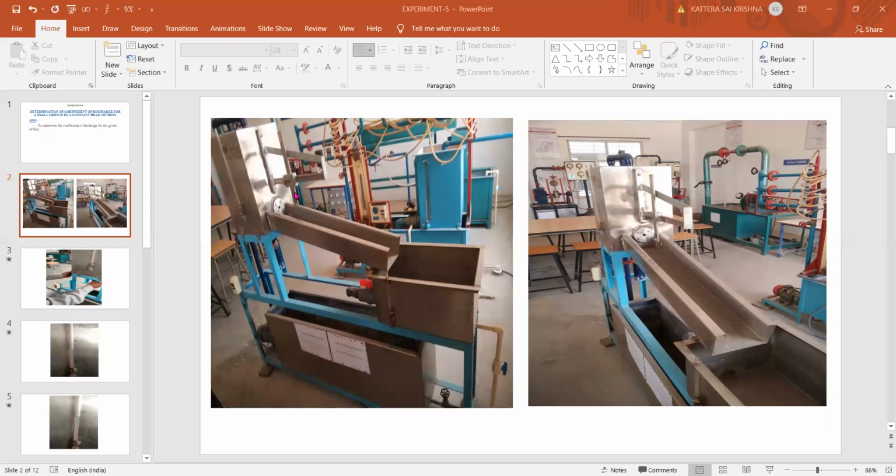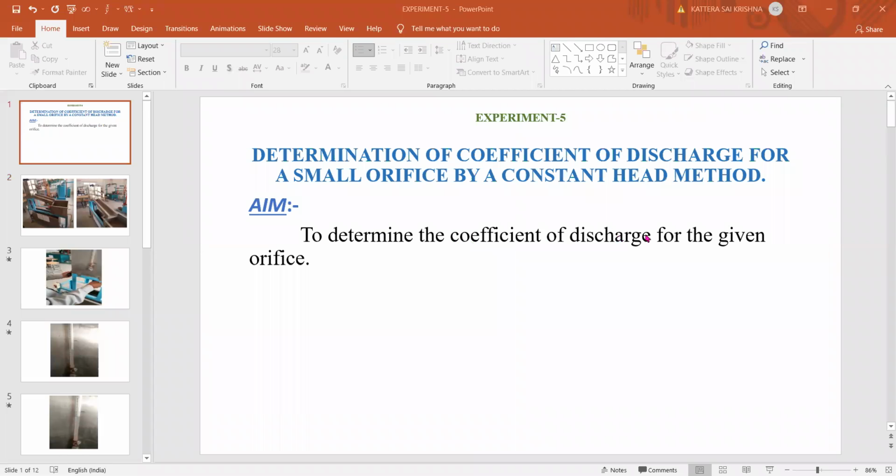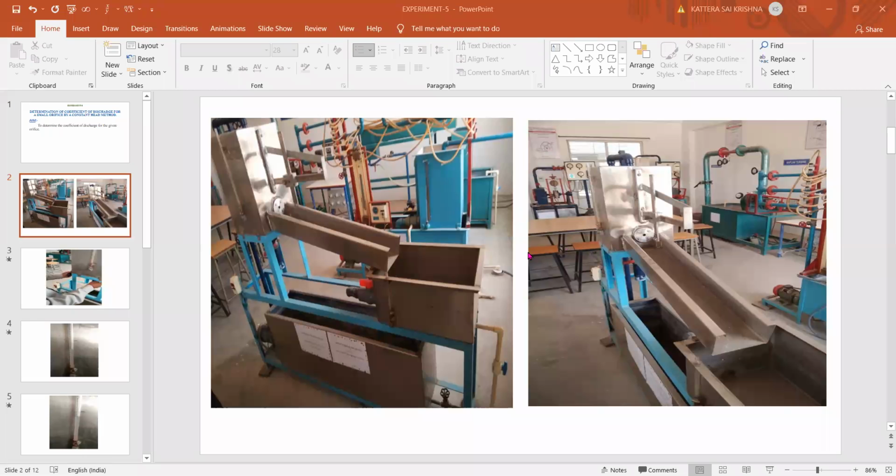Similarly, with this vertical one also, we can move the scale on the vertical side. This pointer will connect to any one point of the water jet coming from the nozzle. While doing the experiment, while seeing the video, you can understand what that is. But our experiment aim is to find only the coefficient of discharge. If you want the coefficient of velocity also, at that time only we can use this for finding x and y values. For now, I think it is not required because we are going to find only the coefficient of discharge. But I will show how to calculate those x and y values also.